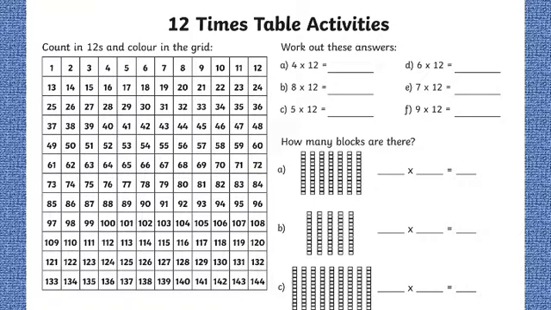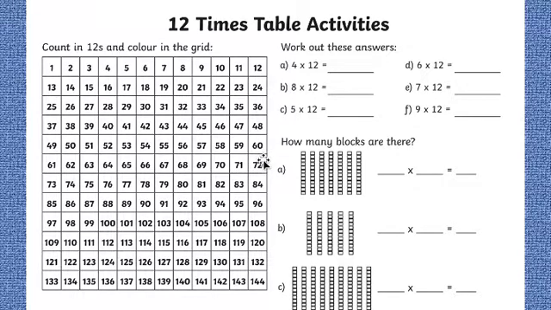Right, now we're going to move on to our 12 times tables, because we're also having a little look at them today. So pause the video here if you would like to have a go at your 12 times table. Right, so count in 12s and colour in the grid. You should have coloured in 1 times 12 is 12, 2 times 12 is 24, 3 times 12 is 36, 4 times 12 is 48,